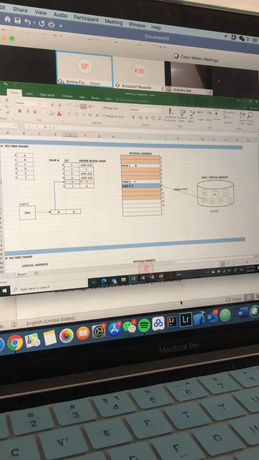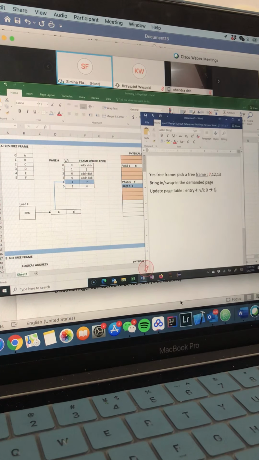So this will be our updates. So right here, I'm gonna say that for the frame number, before we had the address, now we're gonna change that address to 7.